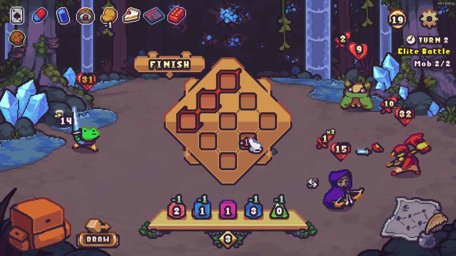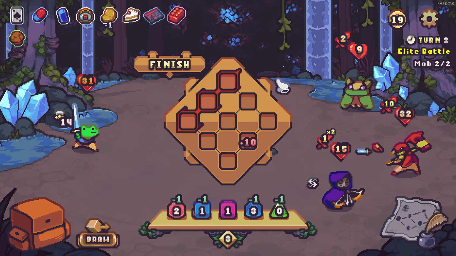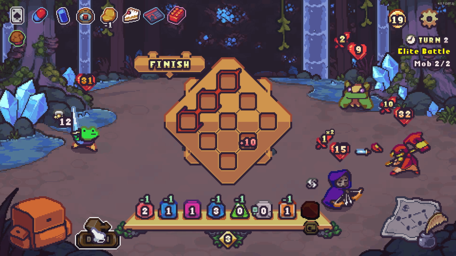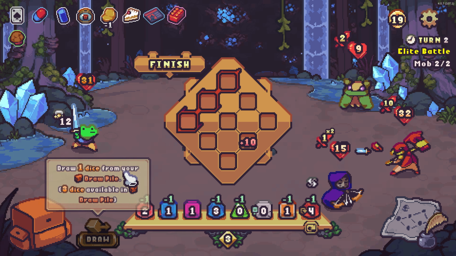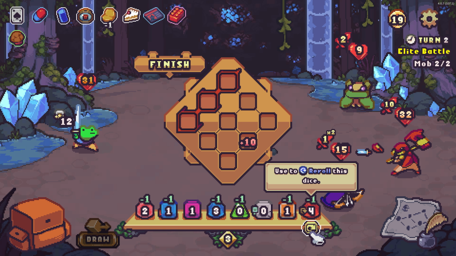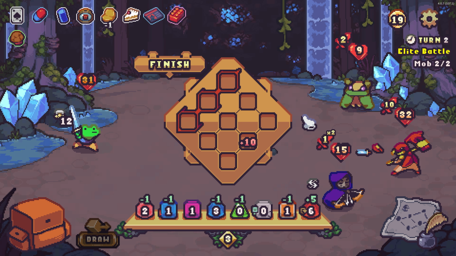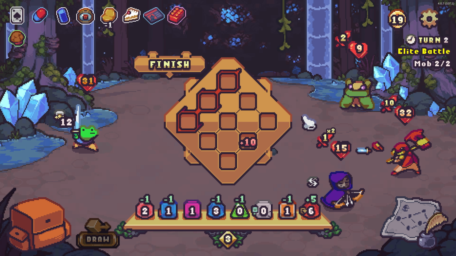Alright, so this is our OP slot right there. Let's go ahead and just draw our full amount, because we have unlimited draw, basically. Alright, let's go ahead and re-roll this, try to get a 6. We do get a 6. Excellent stuff. So, what I can do here